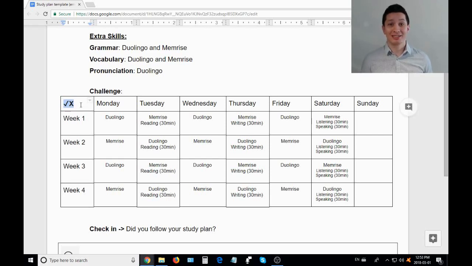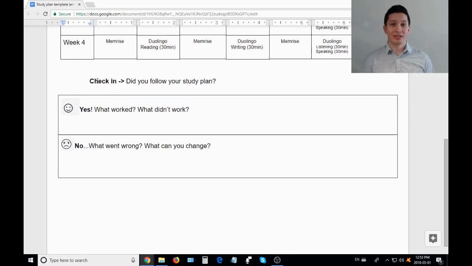so I can keep track of the progress I'm making. At the bottom here, we have the check-in to see, did I actually complete my goals for this month? If yes, you can focus on what really worked and maybe something that you would change when you move on to the next month. If no, you have to really be honest with yourself and ask yourself, why didn't you succeed? Sometimes life happens and you're really busy, but sometimes we're also a little lazy. If you're aiming for the minimum, there's no reason why you can't accomplish your goals.